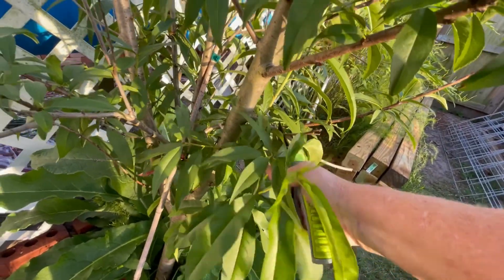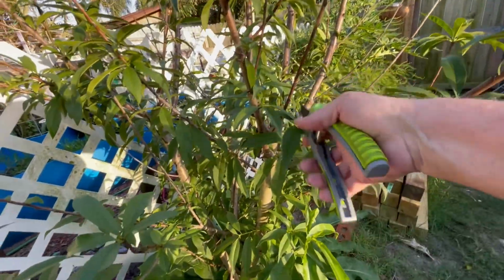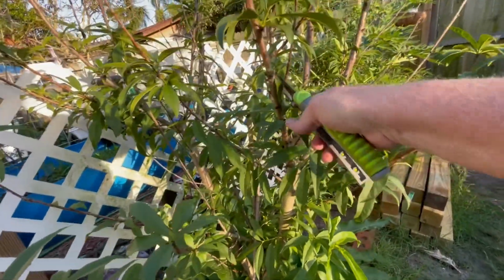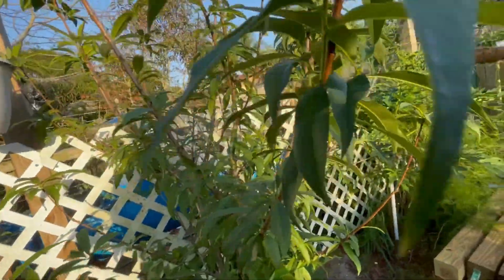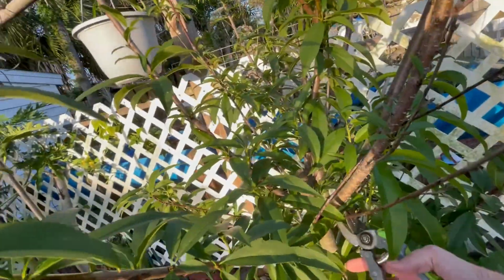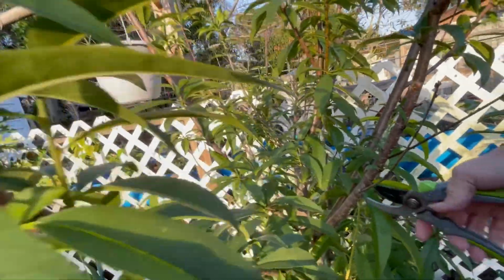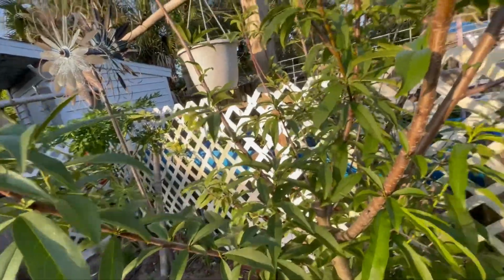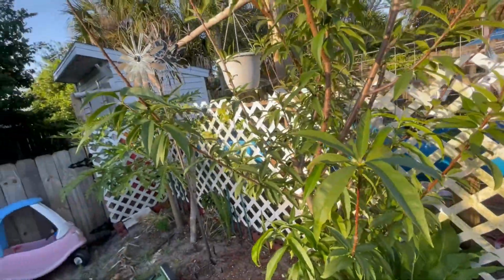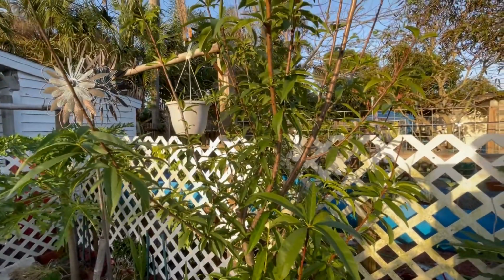because you don't know if these branches are going to do anything or not. But those are all dead branches that I'm cutting. And maybe it'll give it a little boost. Yeah,